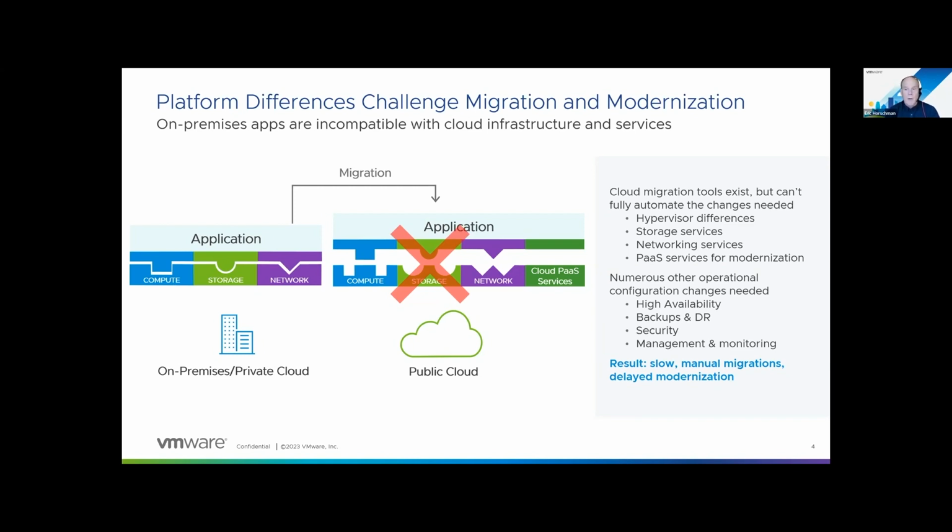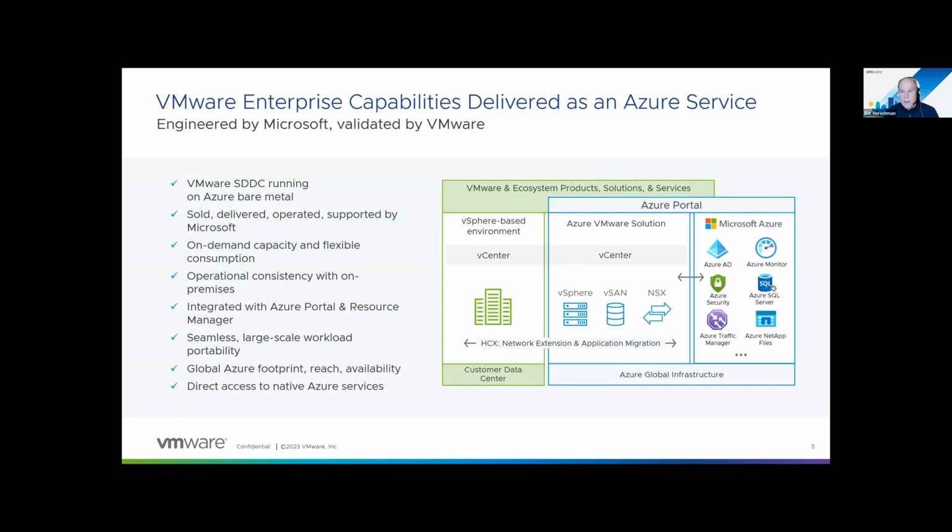a cloud environment without going through some lengthy refactoring and then also having to retrain your IT staff on all the new management interfaces and tools and automation features that they need to use in the cloud. It also means you have to revise all your operational processes for things like disaster recovery, backups, and high availability; management and monitoring all change. It turns into a much more difficult process than customers plan on when they start out on a cloud migration project. To address that difficulty and help customers get into the cloud faster, VMware got together with Microsoft and we